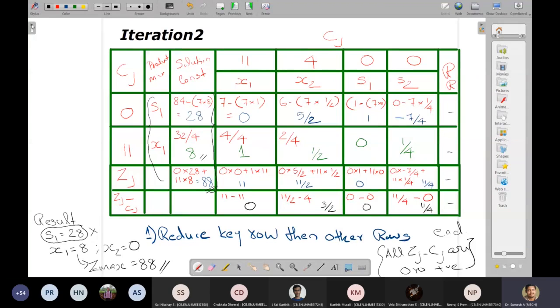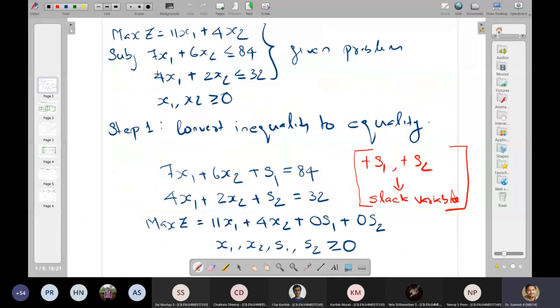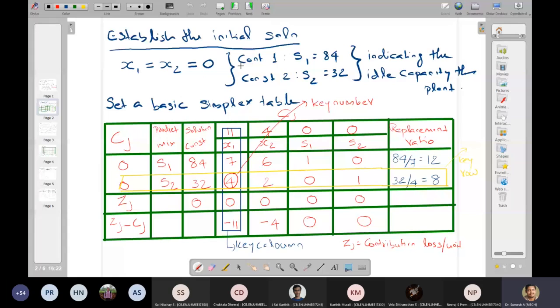So this is the given problem. We converted the inequality to equality by adding the slack variables. Since the constraint is of the less-than type, we have to find the initial solution, that is the idle capacity, by keeping our decision variables as 0. We have set up the simplex table, converting the corresponding problem into